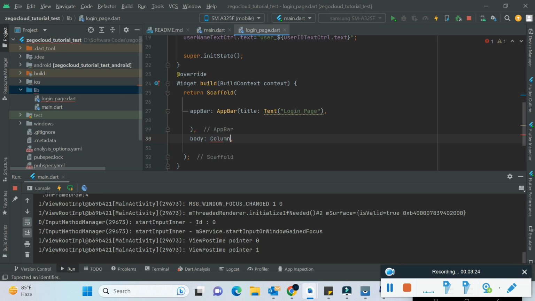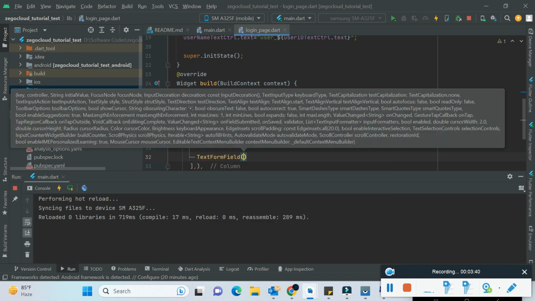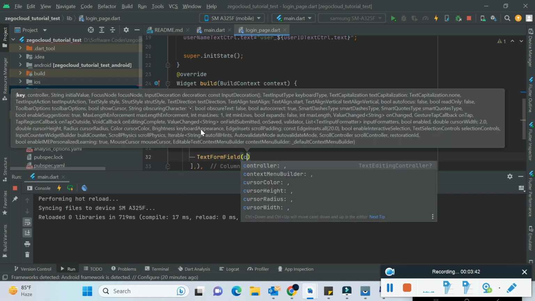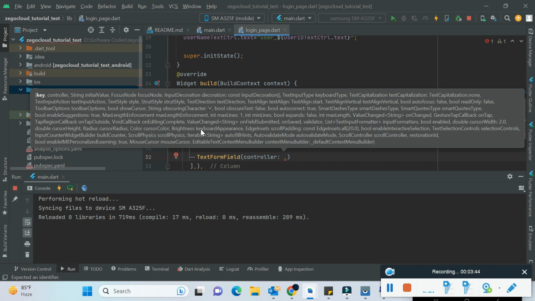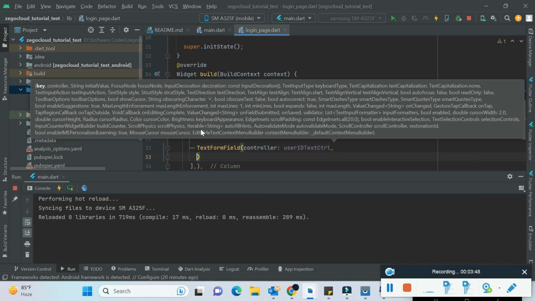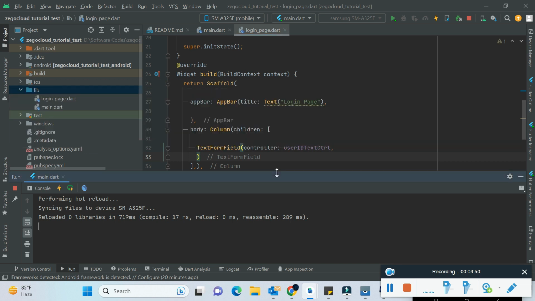So in login page we are done. First of all, I will declare the body, and in body I will use the column, and column has multiple children. Now I will declare the text form field, and it will take the controller. I want to assign the user ID text controller to our controller, and in decoration,